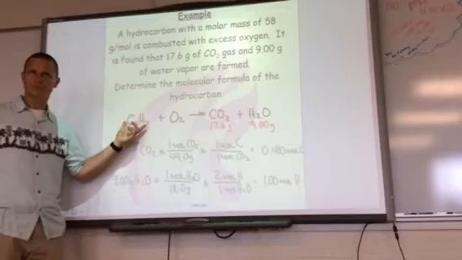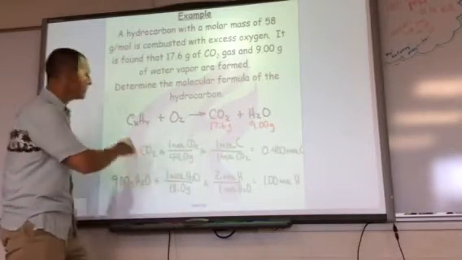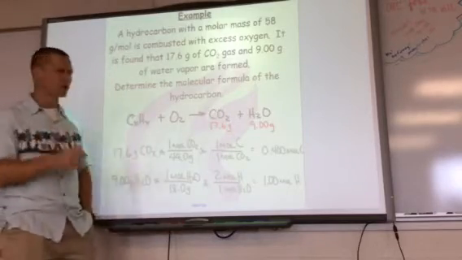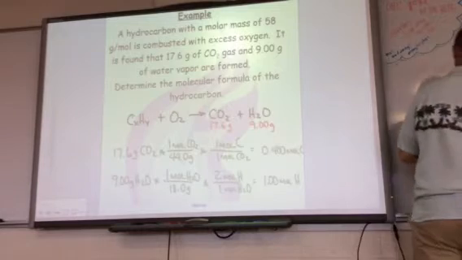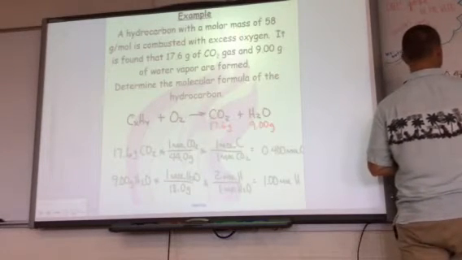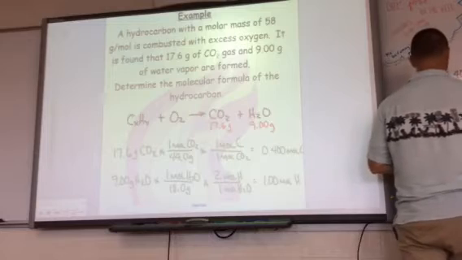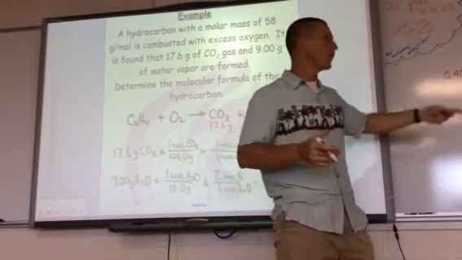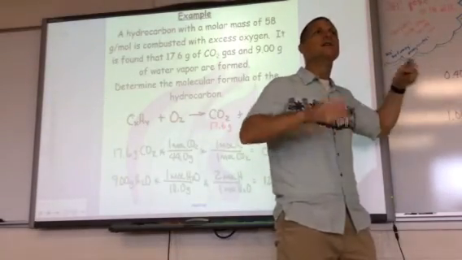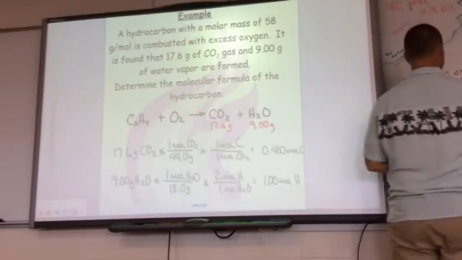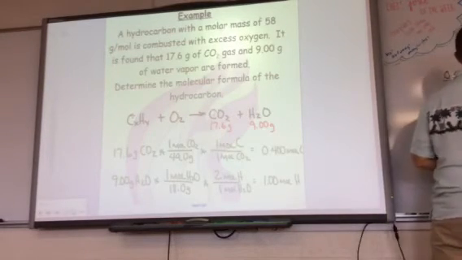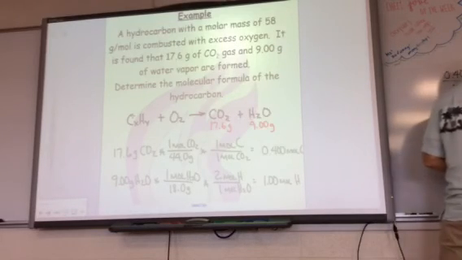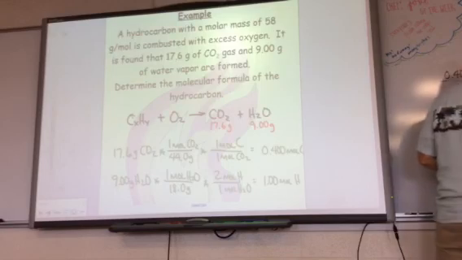in this compound. Now, if we know how many moles of carbon there were and moles of hydrogen, can we find the empirical formula for this thing? We'll learn how to do empirical formula. That's what I had, but I forgot to erase at the beginning of the hour today. 0.4 moles of C and 1.0 moles of hydrogen. To find the empirical formula, we do what with these numbers of moles? Divide by the lower number of moles. Yep. So that divided by itself is going to be 1. And that divided by 0.4, I just said 0.04, didn't I? Anyway, that's 2.5. 1 divided by 0.4 is